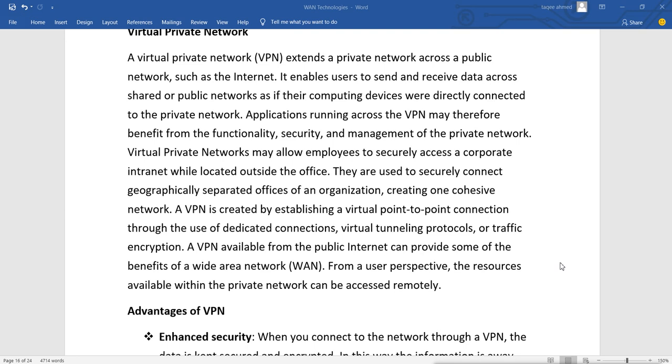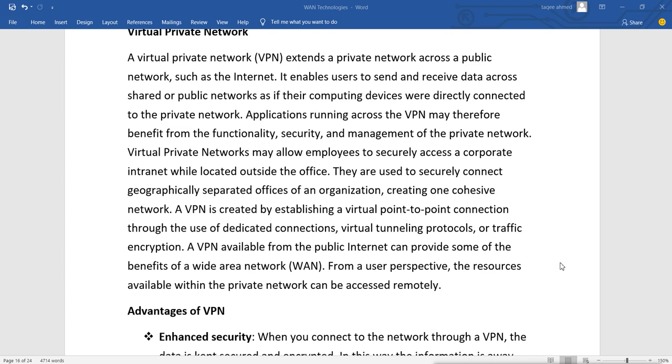Now suppose you have two or three users who work on site and they are regularly going outside of your office building. They want to continue their connection to the servers in the office building. Now we can't give a lease line to every separate user to connect. It will be very expensive.